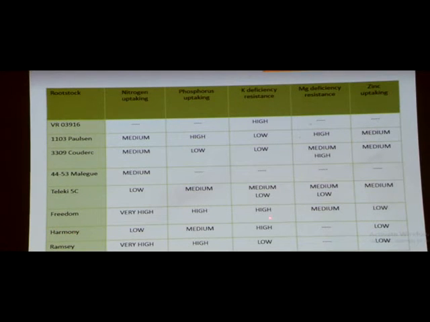Freedom and Harmony, very high potassium deficiency resistance. They absorbed a lot of potassium